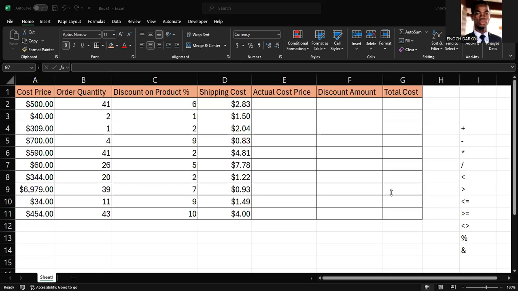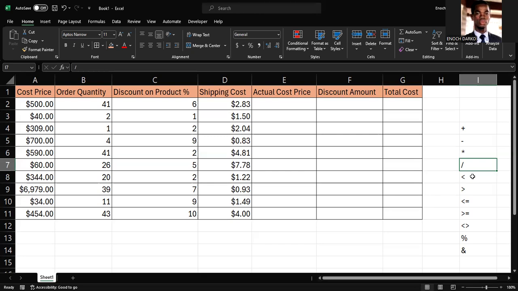Okay, so let's look at the mathematical operators used. The mathematical operators that we use are similar to the ones that we use in doing manual calculations. As you can see, this is the addition sign, that's the plus sign. This is the subtraction, that's for negation. This is multiplication to find the product. Division, yes, to divide numbers. Then you have the